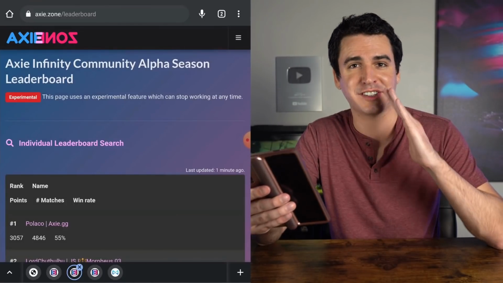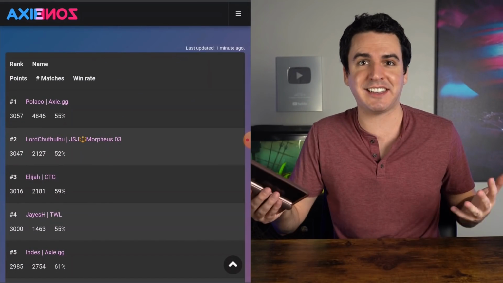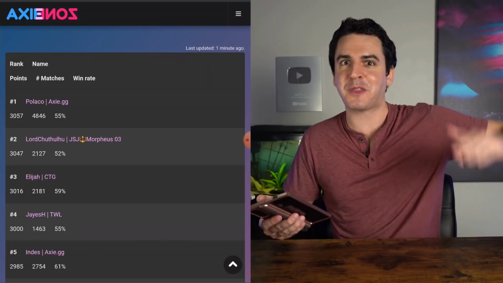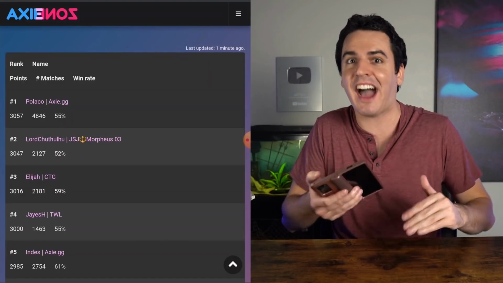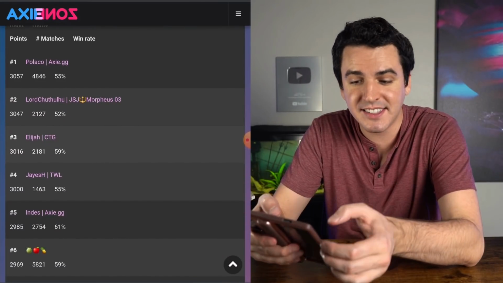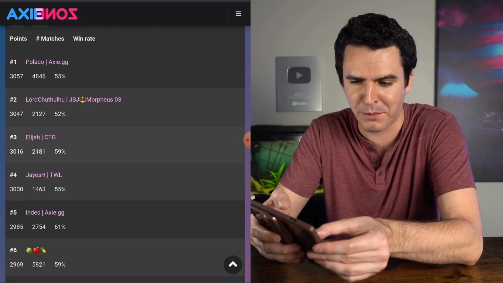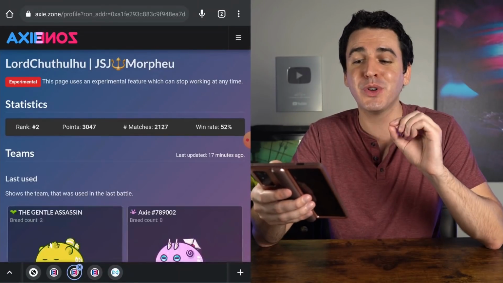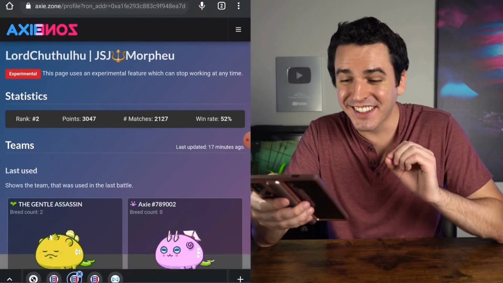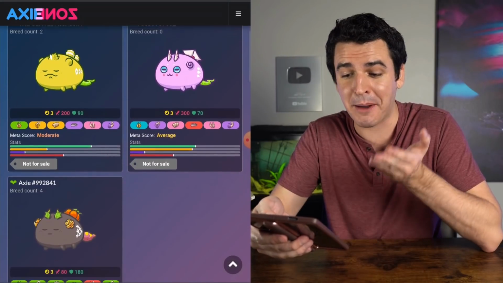Axie Infinity. And you can find this link in the description as well. But if you go to Axie.zone/leaderboards, you can see all of the very top players in Axie Infinity. These are the very best players with the highest MMR that exists in the entire Axie Infinity universe. And what's really cool about this website is if you click on one of the Axie battlers, let's click on number 2 here, we can see Lord Cthulhu